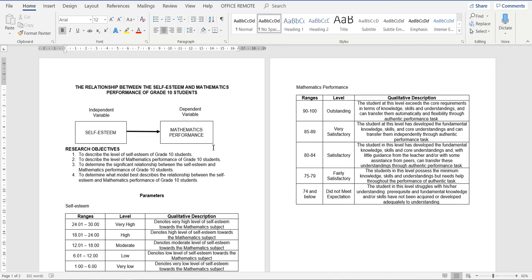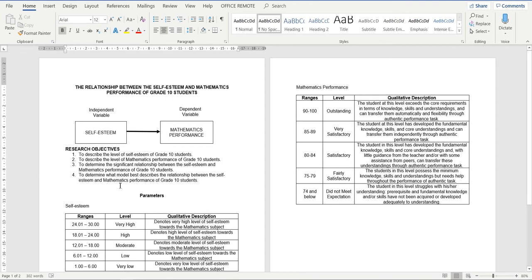In this case, the research objectives are to describe the level of self-esteem of grade 10 students, to describe the level of mathematics performance of grade 10 students, to determine the significant relationship between the self-esteem and the mathematics performance of grade 10 students, and the last one,